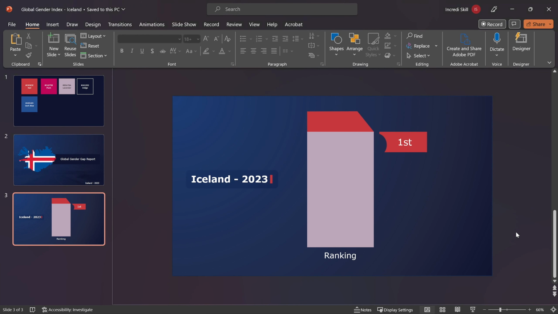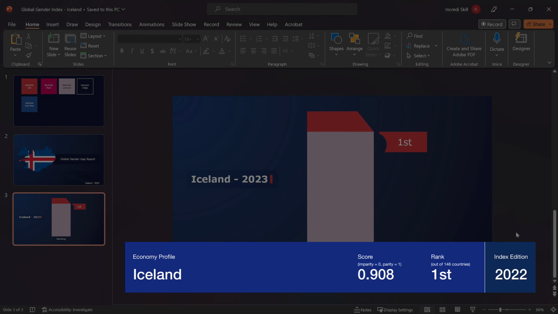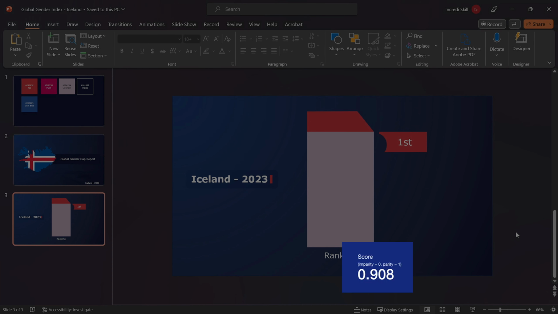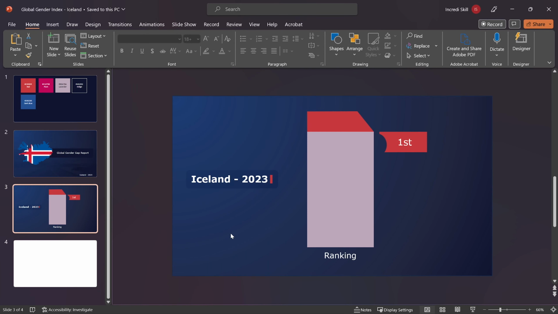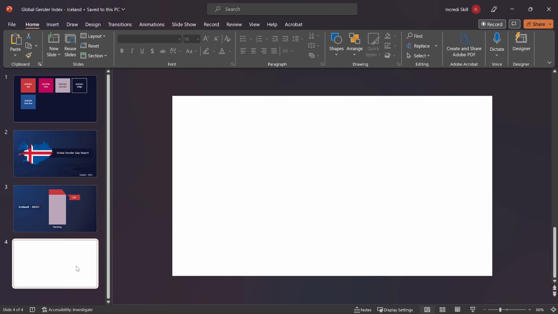And that brings us to the third and final data point. This one is quite interesting because how do you represent disparity and parity visually in a way that is self-descriptive? Well, let's find out. To begin, let's insert a new blank slide and duplicate the gradient background by copying and